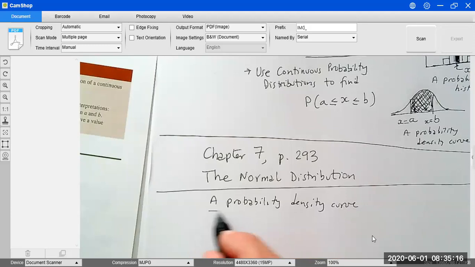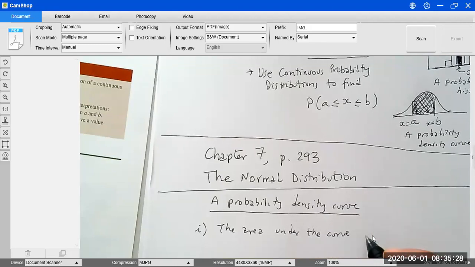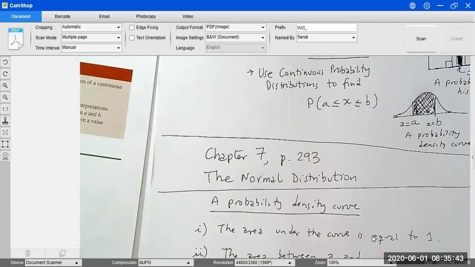Again, this is just for continuous probability distributions. The first thing is that the area under the curve is equal to 1. And then the area between A and B